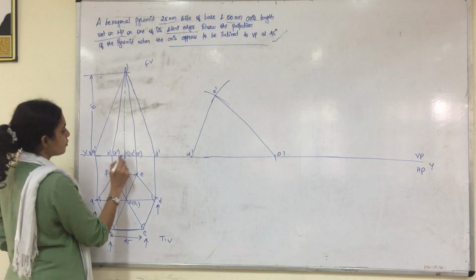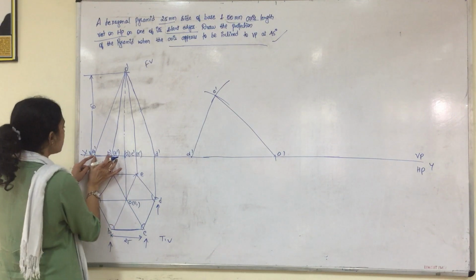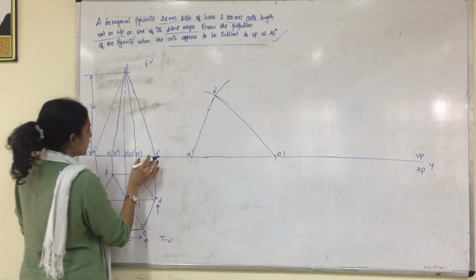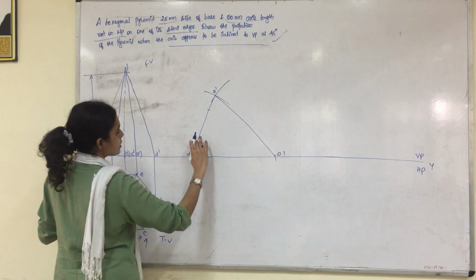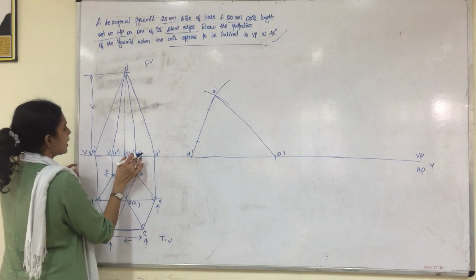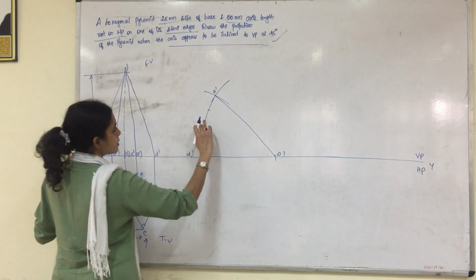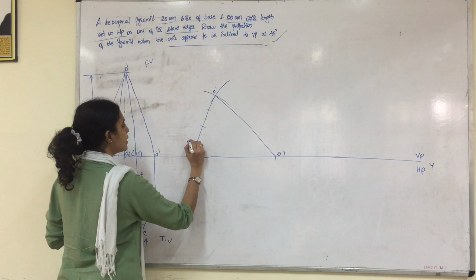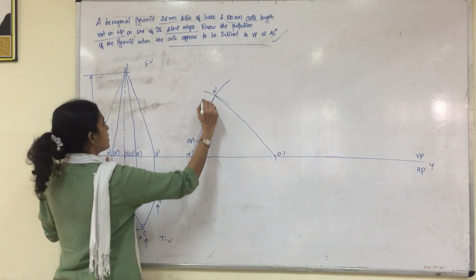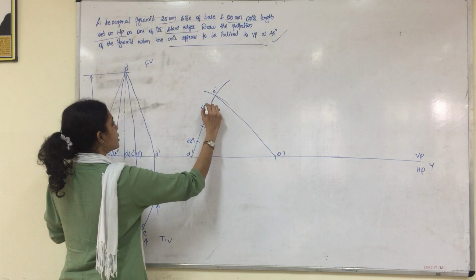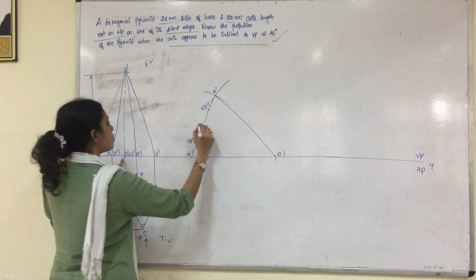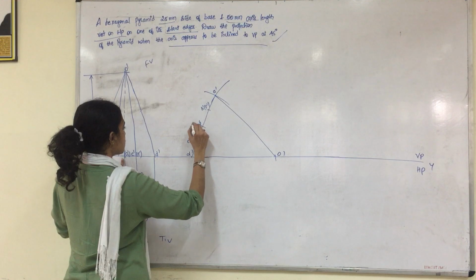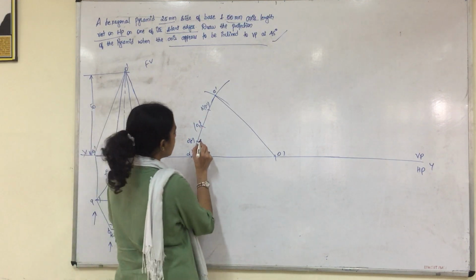After this you need to identify these 3 points. So measure from A dash to D dash what is the distance, and again from D dash to C dash what is the distance, cut an arc, and again from C dash to O dash what is the distance and cut an arc. So this is our C1 dash and E1 dash. This is our B dash and F dash. Please do the naming properly. So this is our O1 dash.